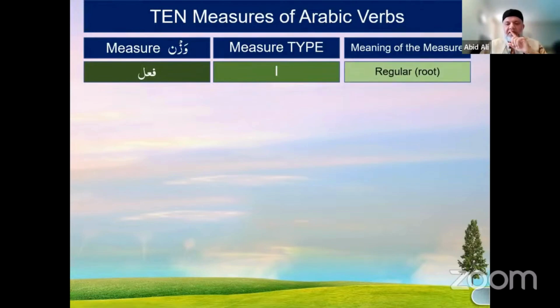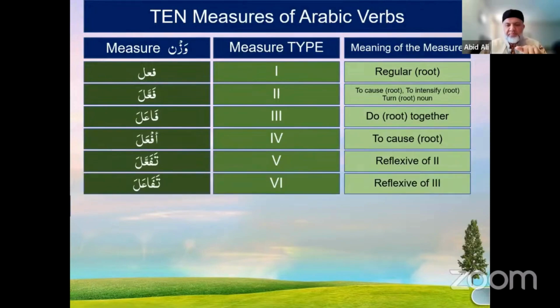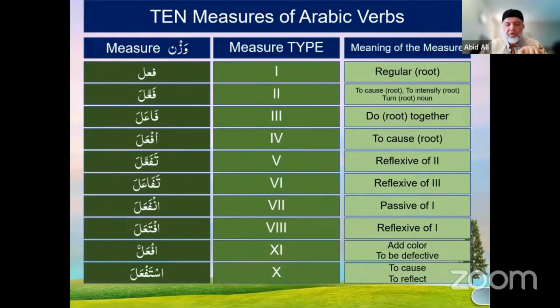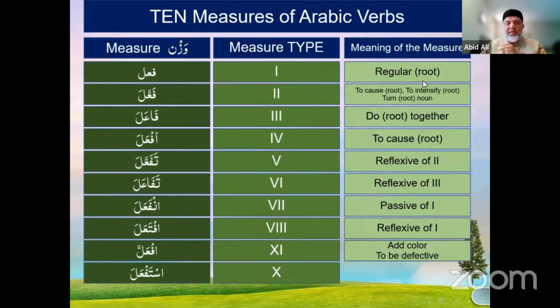And these are the regular one, the fa'ala one. In this class, let me show you the other ones. And these are some of the other ones. What we are going to do in this class is only focus on the first one. Which one? Fa'ala. In the fa'ala category, we will be dealing with 6 different families of verbs. And in these 10 weeks, if we can understand them thoroughly, then the rest of them will become a piece of cake. Are you with me so far?